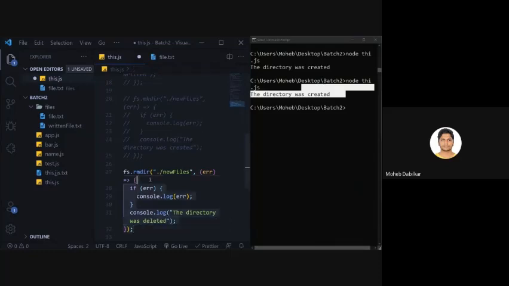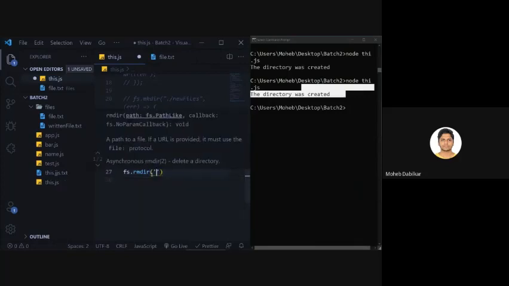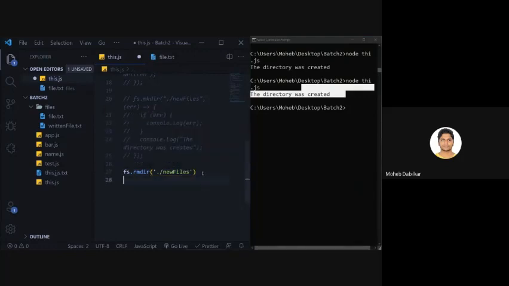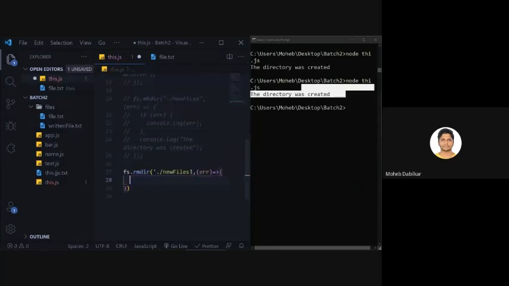But for your understanding, I will write out the entire code for you. So we will say /new files. Now it will throw us an error because we just deleted that folder, but let's see that error. Seeing errors helps you learn.